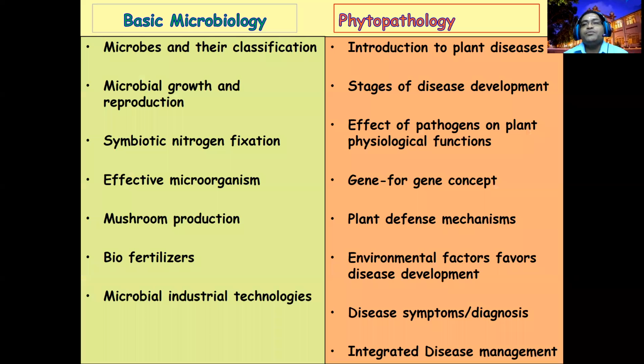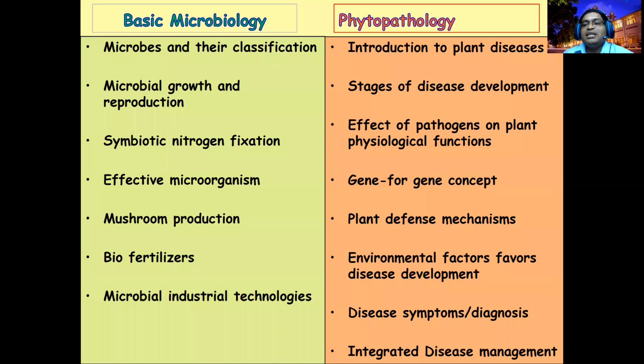The course is coupled with two branches. One branch we call basic microbiology. The other branch we call phytopathology. Actually, phytopathology is a branch of microbiology, but for the easiness of the course, we are dividing this into basic microbiology and phytopathology. From the agricultural point of view, your main task would be phytopathology from the Department of Agricultural Biology, but